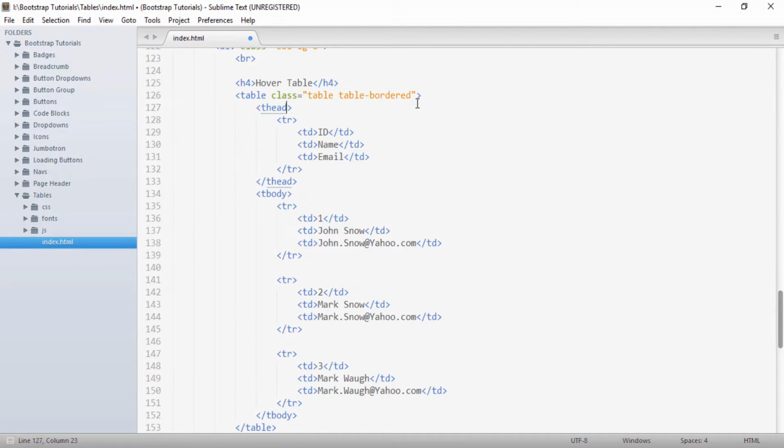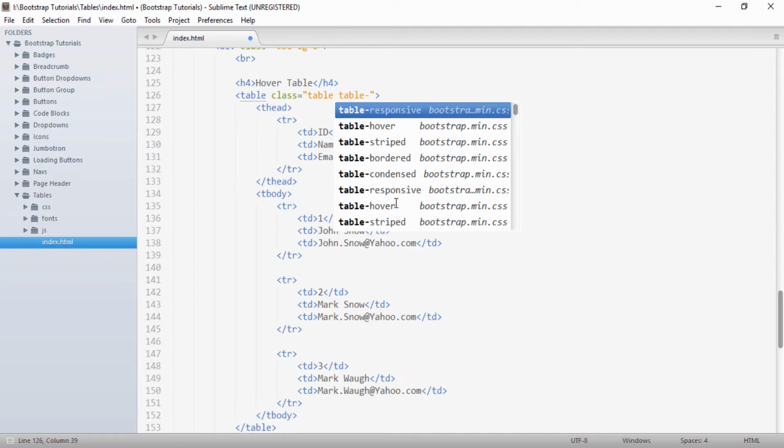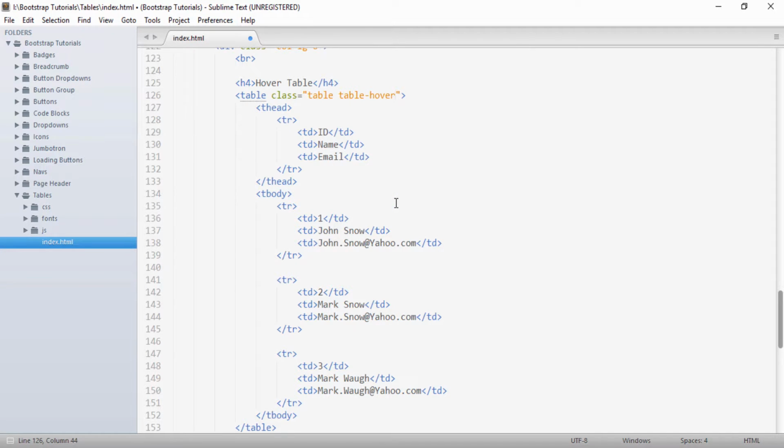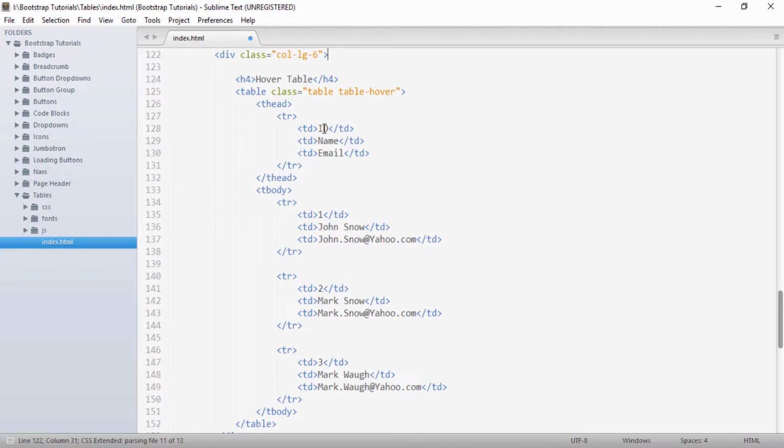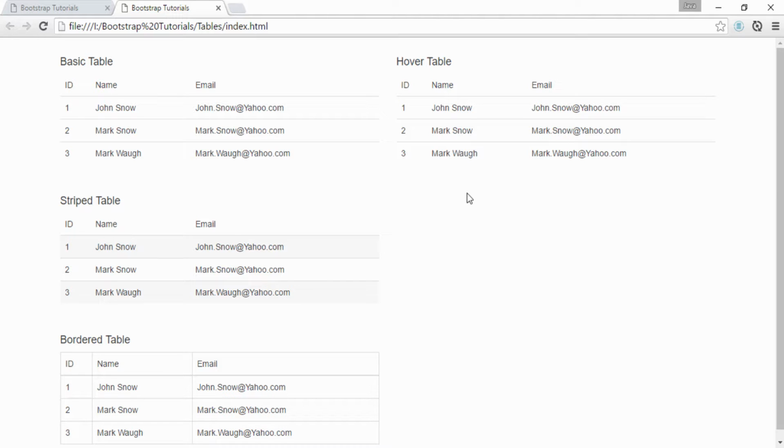In order to provide the hovering effect, we have to provide a class of table-hover, and I will remove this br. If I save it and go to the browser, you can see that as soon as I hover the mouse over the rows, it highlights them. So this is how the table-hover class works.